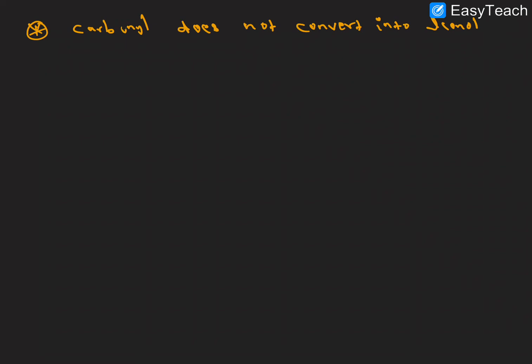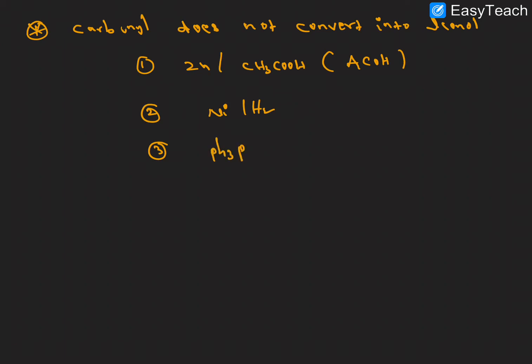So what are those reagents here? Zinc and acetic acid, this is one reagent. Another reagent here, nickel plus H2 gas, and another reagent here, acetic acid, which we can also represent as capital AcOH, right? And then the next one, the phosphine group, PPh3, and this we can also use. And the fourth reagent here, methyl thiol.